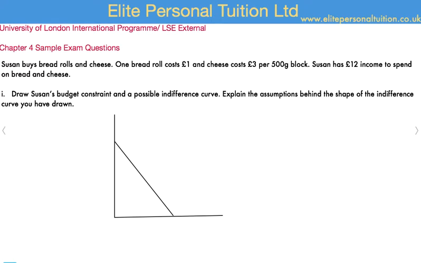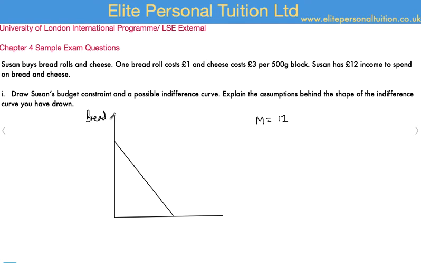But what's important is that we use this information in order to put some numbers on our budget constraint. So if her income is 12 and bread rolls cost £1, then that means the maximum amount of bread rolls she can buy is 12 bread rolls, because to get the maximum amount of bread rolls,